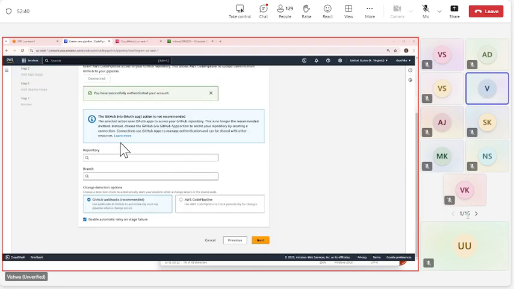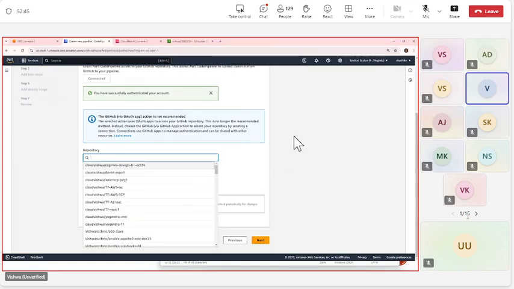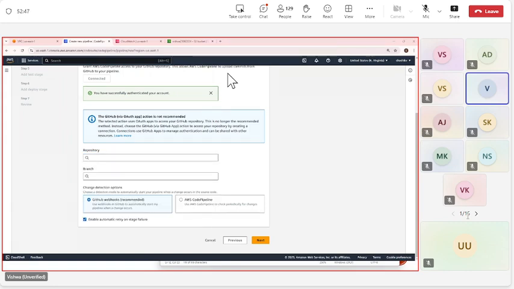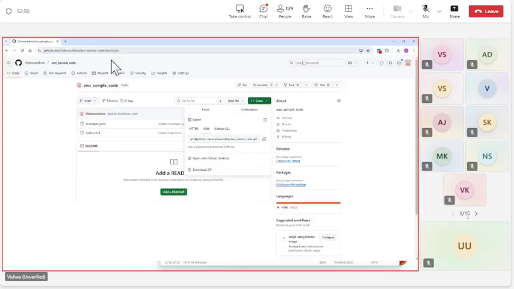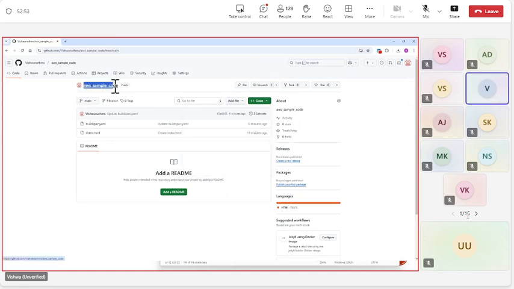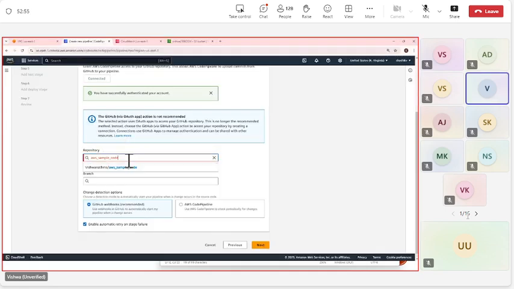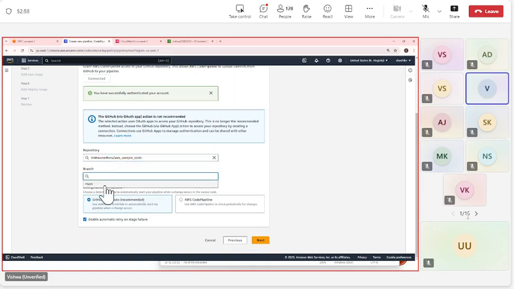Now it will show up the repository. What is the repository name which we have? Sample scope. So this is already listed there. Use this, showing the branch. So in a repository, there is a branch where we could use a branch name, and branches are used to make sure that your copy of the code is more consistent, right?